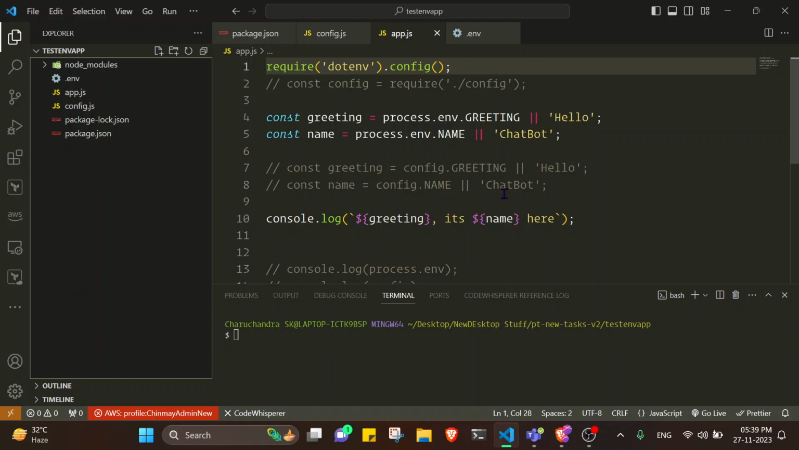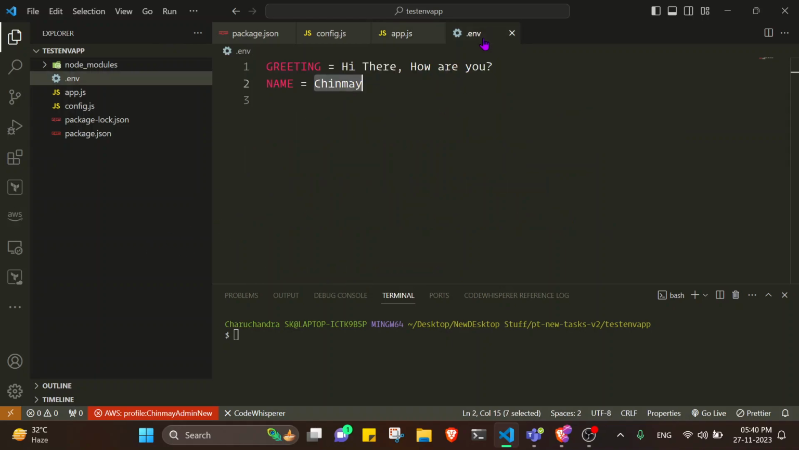Hello. So for the second task, how to handle the environmental variables. I have found some methods. So the first one is with the